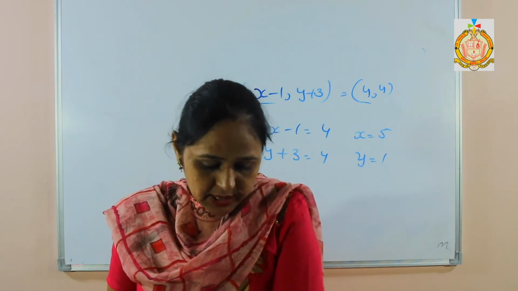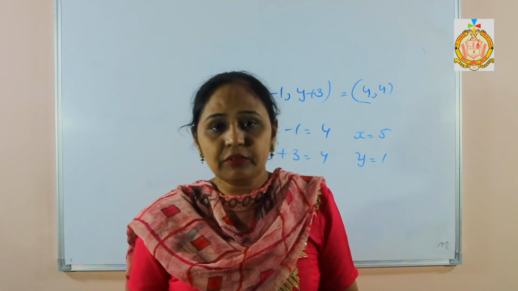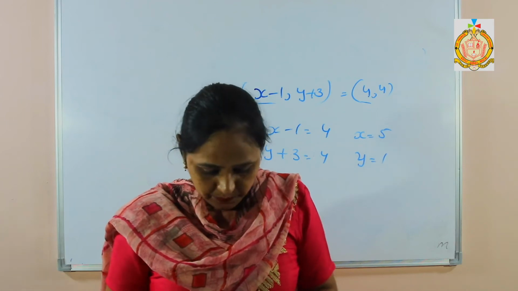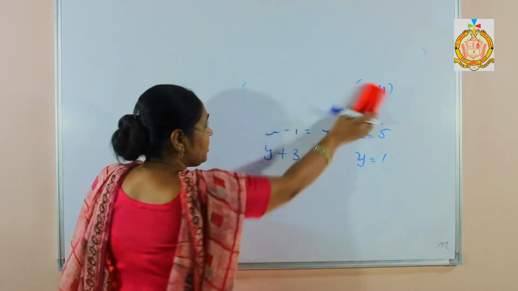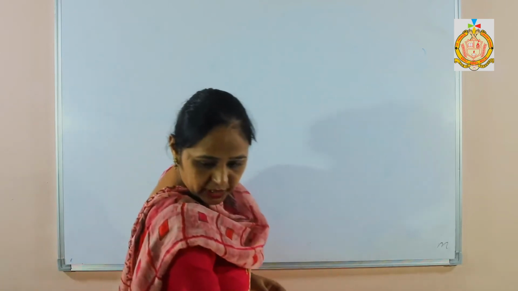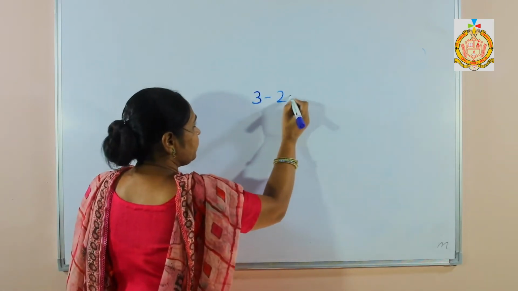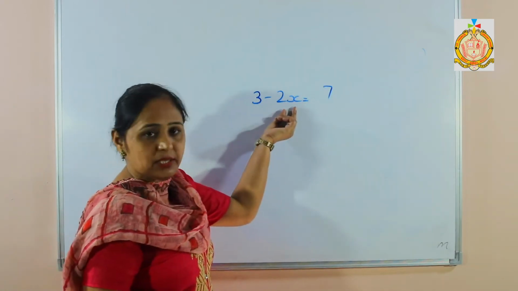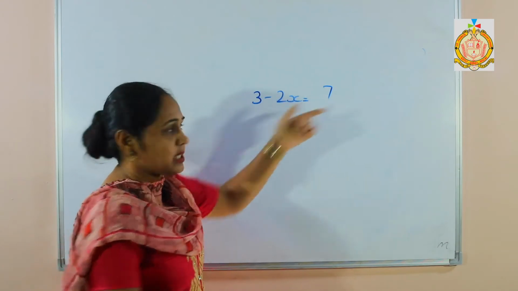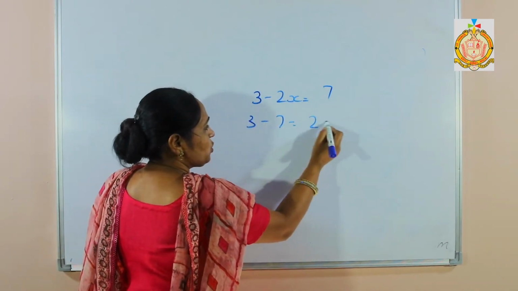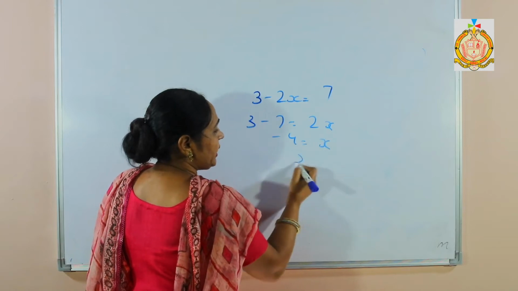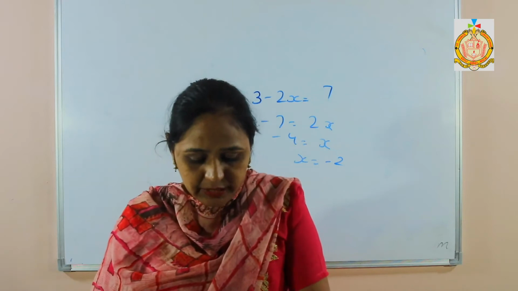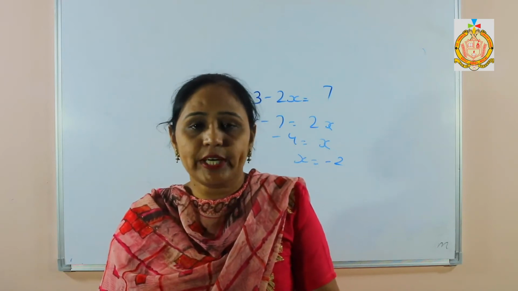And in the next sum, number 6, again the points are given and I have to find the value. By equating, I have to find the value of x and y. Sum number 6, I am doing one part. The value is given as 3 minus 2x equals 7. Now what to do? I want to find the value of x. The x term is negative, so I take it to the other side. 3 minus 7 equals 2x, minus 4 equals 2x, and x becomes minus 2. Same way I can find the value of y. In these sums, I have to just find it and draw the points on the graph paper.